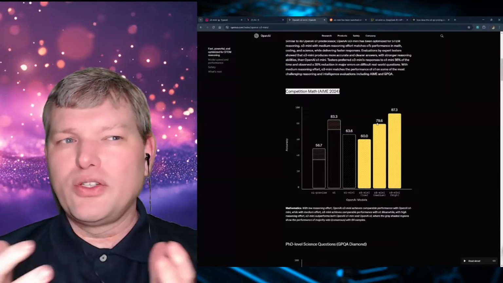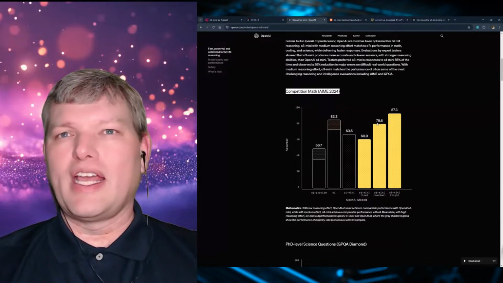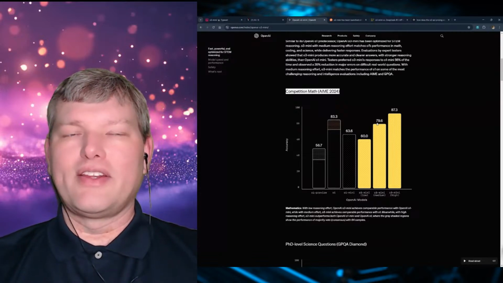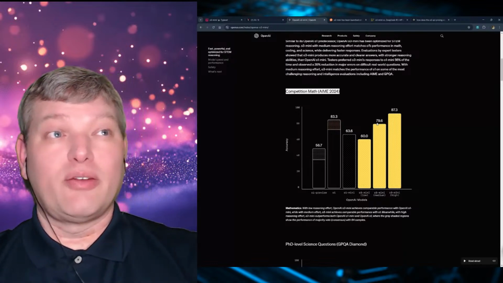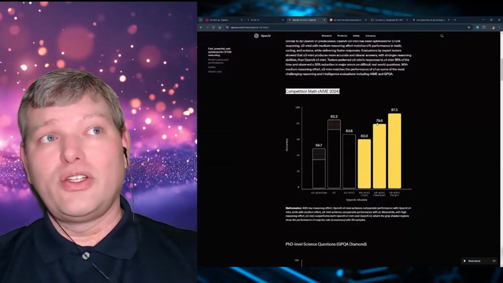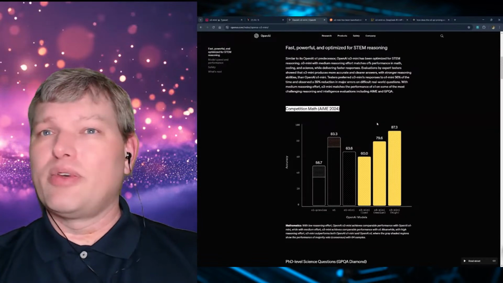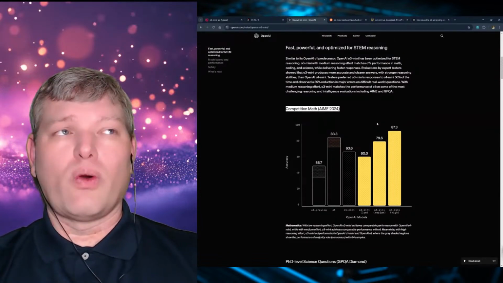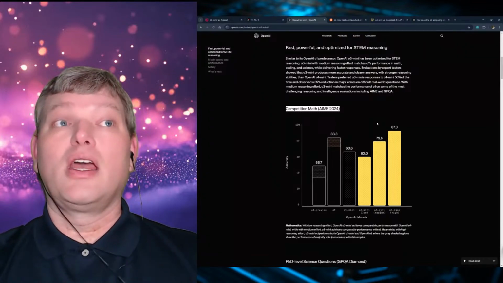Now, how are they doing this across low, medium, and high? Well, of course, OpenAI is keeping things behind the curtain. They're not revealing that, but there's certainly some optimization, and perhaps the term of the week is distillation. So are they doing some additional work to distill the model? We know that they've been working on O3 for quite some time. When they announced it, they said they were going to be making Mini available.